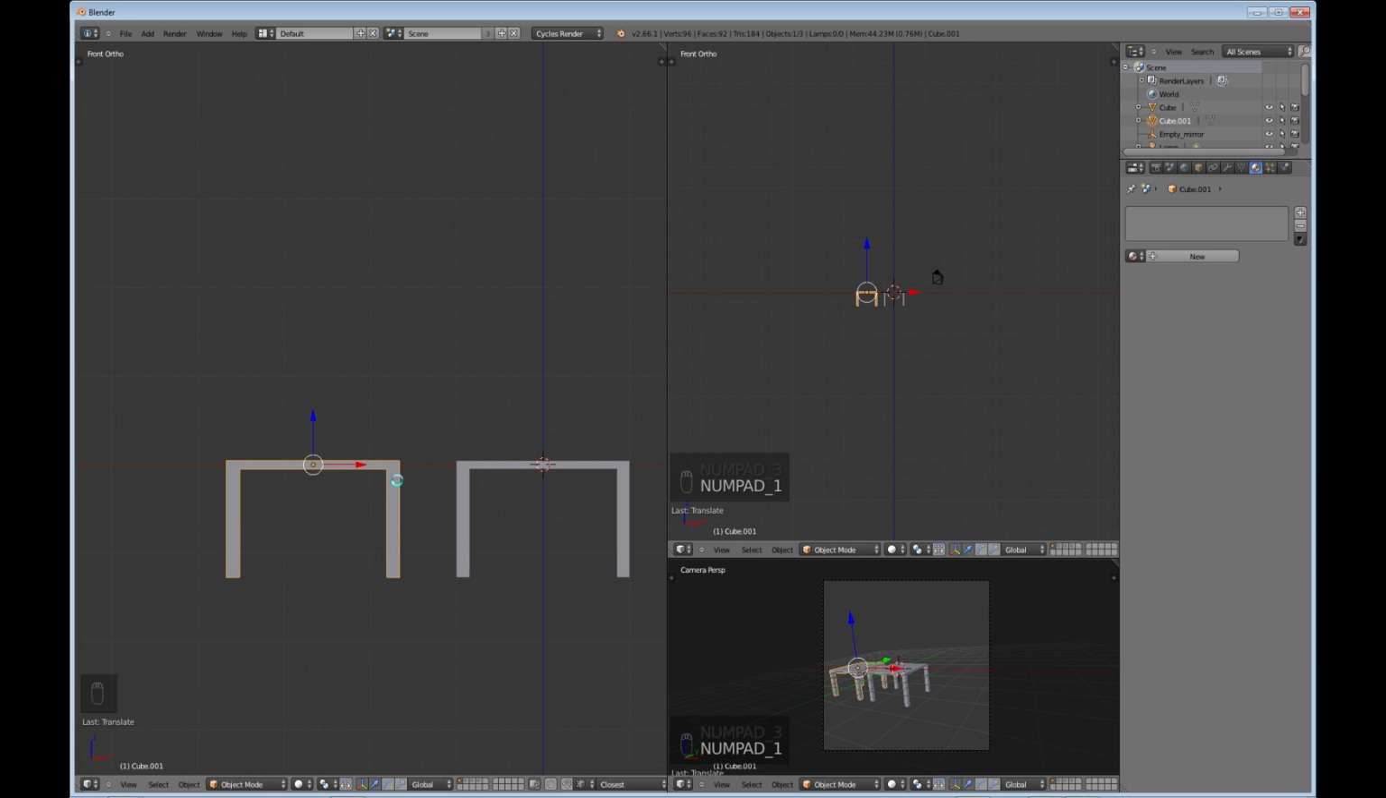So of course, it's going to be smaller than the table. So what we need to do is move this part over to start getting the legs of the chair. So I'm going to tab into edit mode,